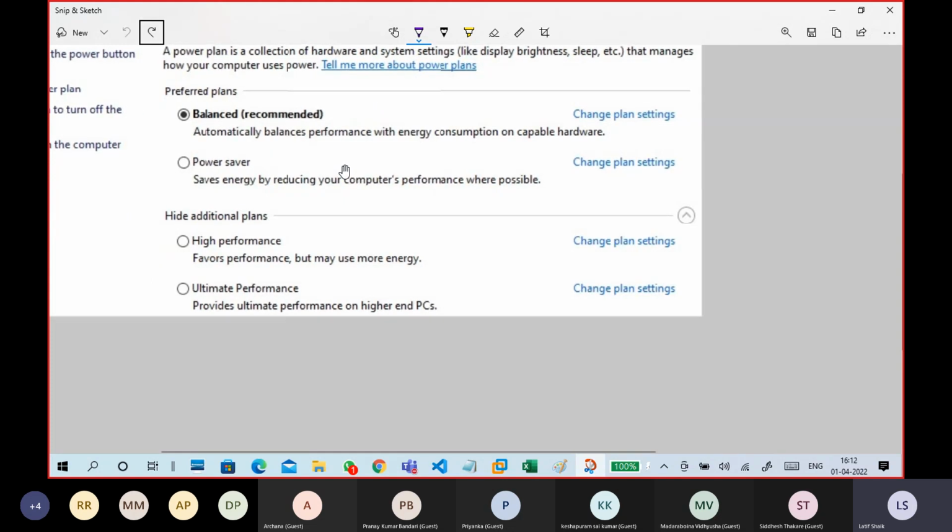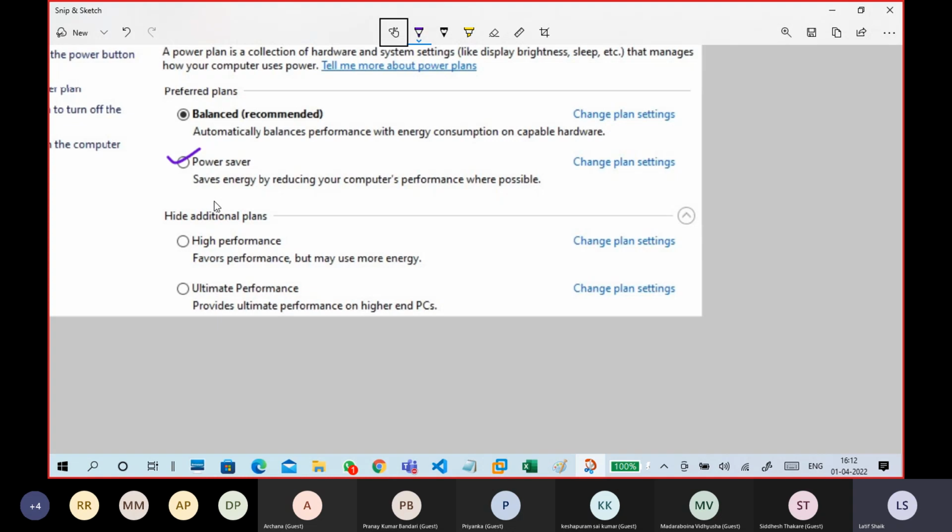What is important, guys, is that Power saver is for when I'm not having a charger or the adapter is not there. I'm doing some small work, just giving a presentation only, so I don't need more performance. I just need to save my battery.